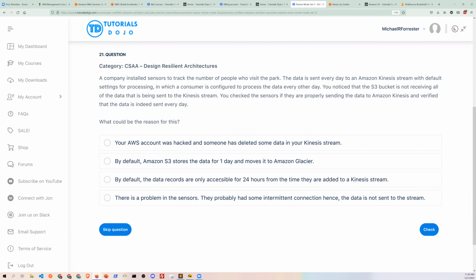I think it only holds like 24 hours. The C. Ryan, shots fired. No. So yeah, if your account was hacked, by the way, you got a whole different set of problems. But you're right. By default, if you don't change any settings, I think records only last for 24 hours on Kinesis. I think you can keep them for up to a week, but I don't remember off the top of my head. I bet you they'll tell us here in a second, right?